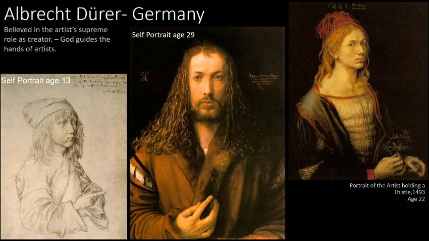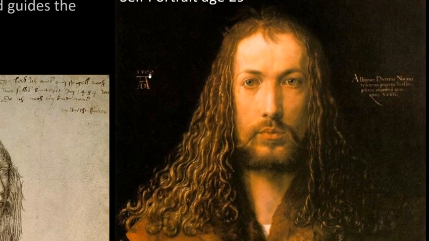So here we have Dürer in the middle, and he has a couple of things. He has signed his signature here, which says 1500, and then there's an A and a D. So like the year, Anno Domini, year of our Lord, 1500. So that's when he painted it.